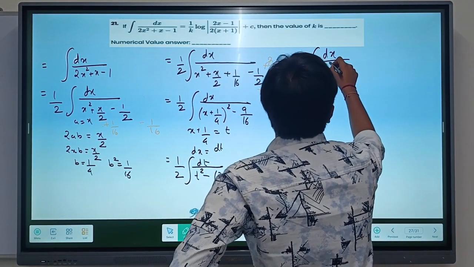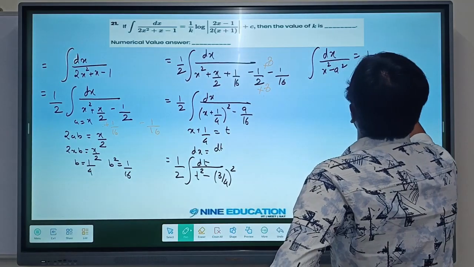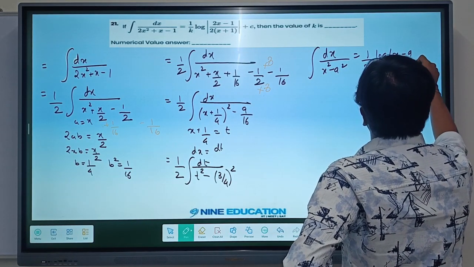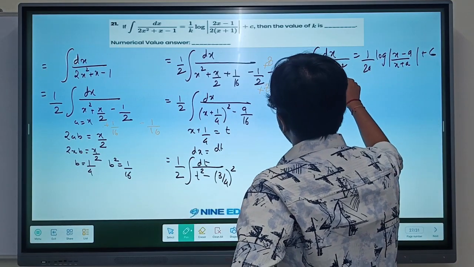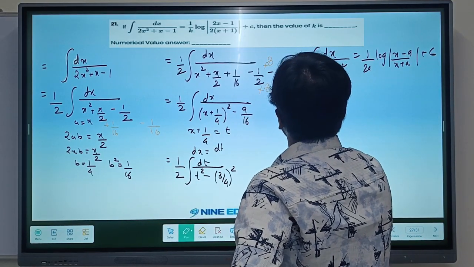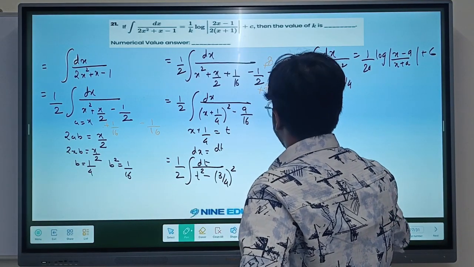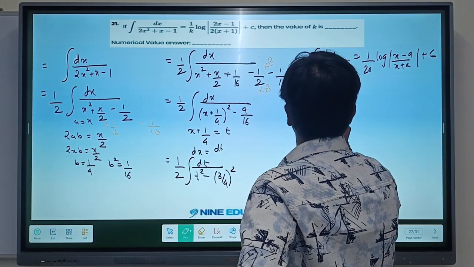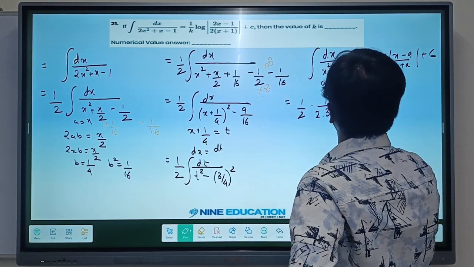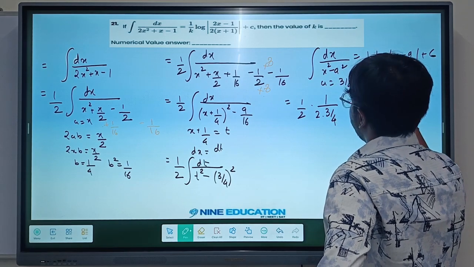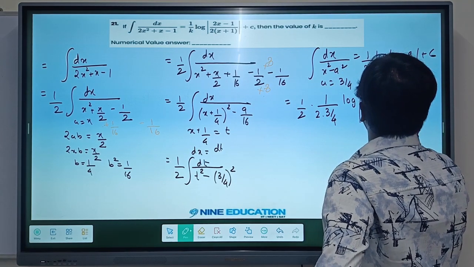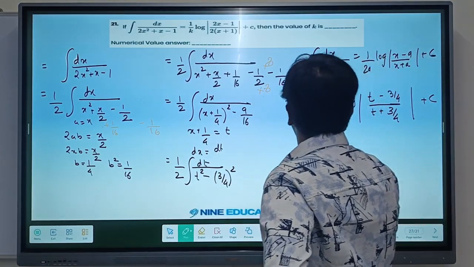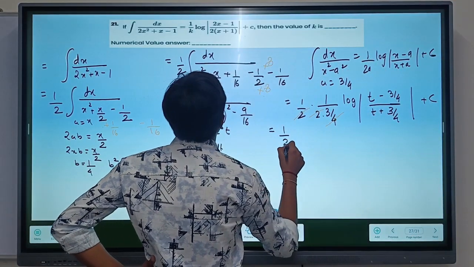I can use this formula. Integration of dx by x square minus a square is 1 by 2a log mod x minus a divided by x plus a plus c. What is a here? A here is 3 by 4. So this solution would be 1 by 2 into 1 by 2a, 2 times 3 by 4, log mod t minus 3 by 4 divided by t plus 3 by 4 plus c. 2 and 2 cancel. So we get 1 by 3